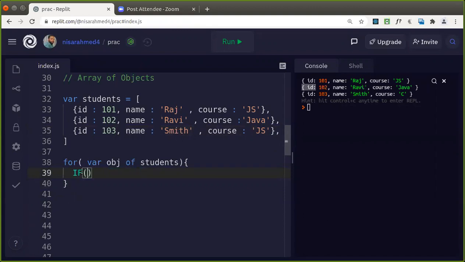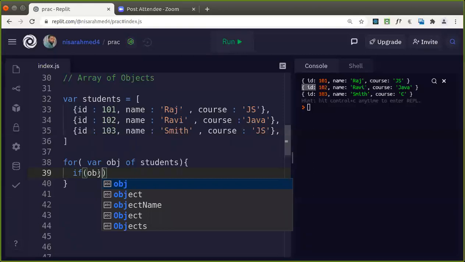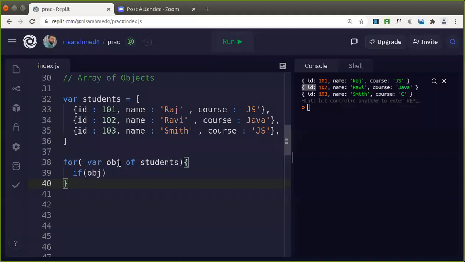Before we display, we just need to check if obj. This for loop will iterate through this one. The first obj will have the first object, these things, isn't it? From that I want to get the course, obj dot course.